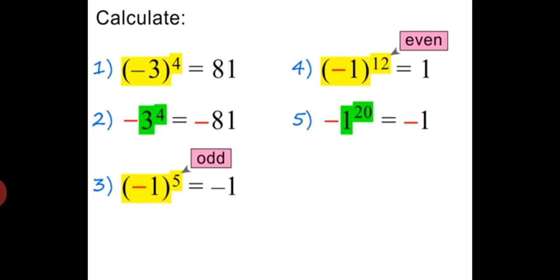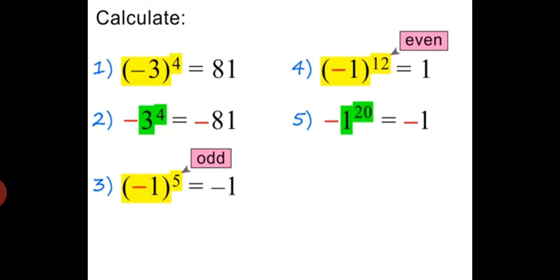Here minus 3 whole to the power 4 equals 81, a positive number, is well known to you. Coming to the second example, it says that minus 3 to the power 4. Here the power 4 is only raised up to 3, not minus 3. If it is minus 3, then the bracket will be here, but here is no bracket, so 4 is the only power of 3. So we shall get the result minus 81, not 81.